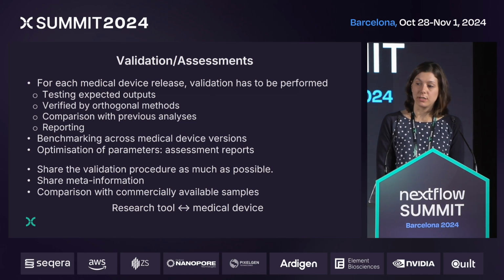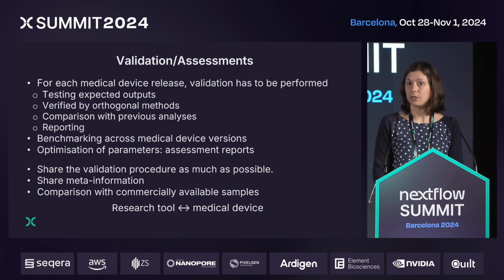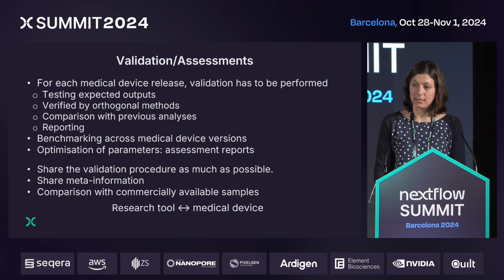So we are testing against the expected outputs with orthogonal methods. We are also comparing with previous analyses, and we are using for this commercial samples and also patient samples for which consent has been given. And all of this is packaged into the reports that we submit to the accreditation unit, and hopefully that leads to an accreditation with a certain amount of revisions. Now we can also do benchmarking across medical device versions to see how the pipelines perform over time, and we can also